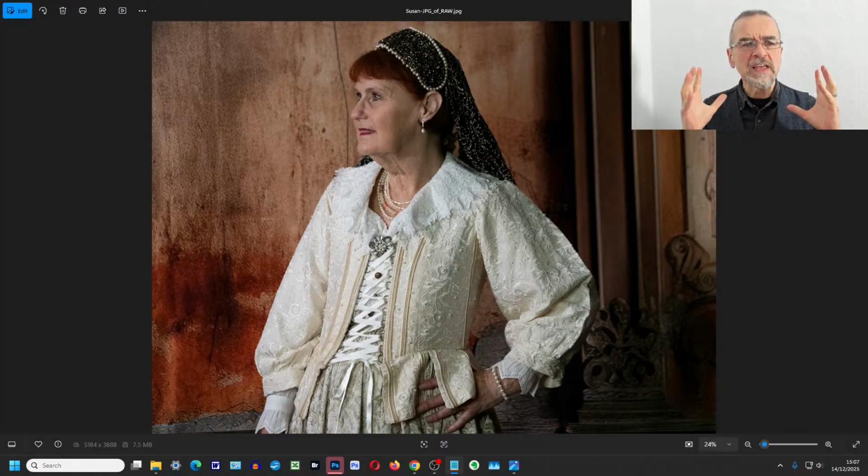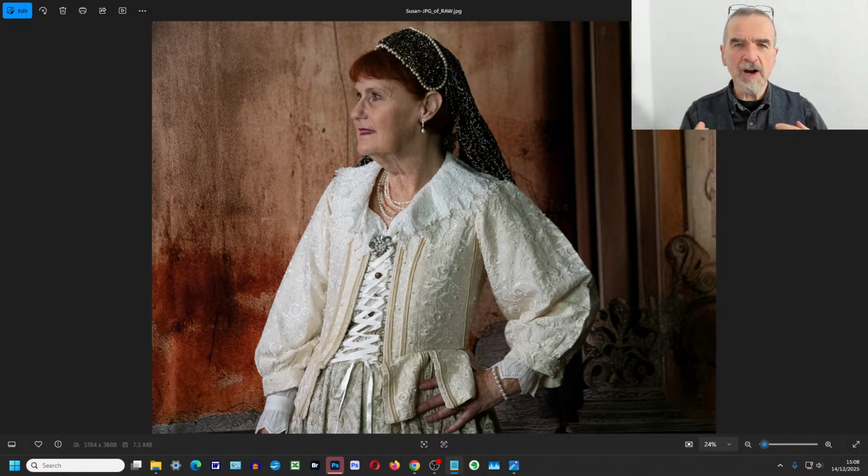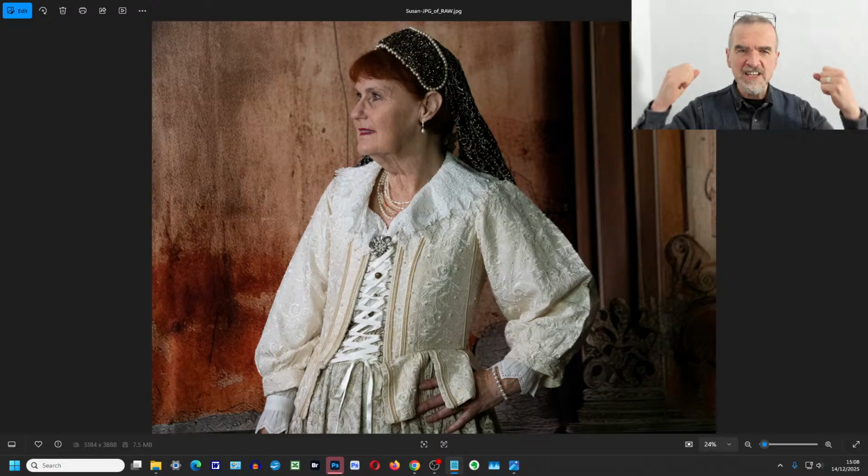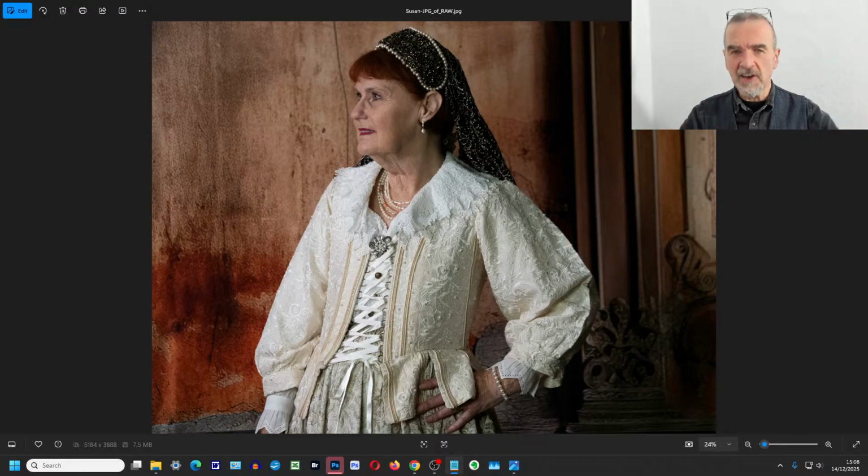Okay, so yes, a number of things to unpack here. First of all, the idea is great. Camera club, get hold of the local drama club, dressed up in costumes, set up a situation, set up the lighting. Great, everybody gets a chance to have a go at doing a bit of portraiture. And the great thing about this, generally speaking, at least the concept of it, is most people in camera clubs, in my experience at least, don't tend to do a lot of portraiture.